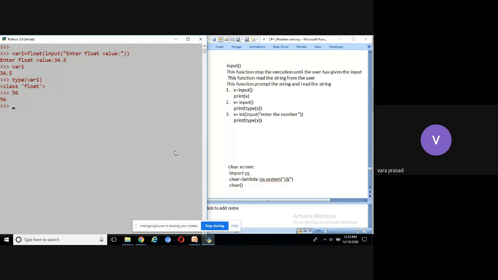6. Now, if I take 78, a 2-digit number, how many tens are there? 7. How many ones are there? 8. Take another number. 99 is a 2-digit number. How many tens are there? 9. How many ones are there? 9. Now the question is, write a program to read a 2-digit number and display the number of tens.